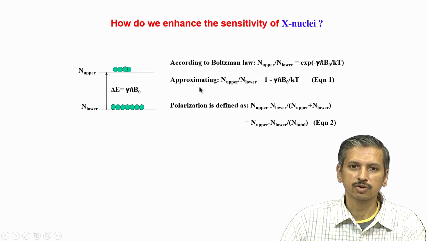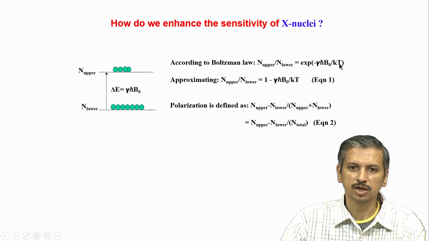So, we can approximate, again this is a slight approximation, because in NMR we consider an approximation called the high temperature approximation. High temperature does not mean a temperature which is very high. The idea is that at a given temperature, whatever temperature we normally study, that is room temperature or close to 0 degrees, in that range of temperature, with T in Kelvin, this factor becomes a very small number, this entire exponent shown here.